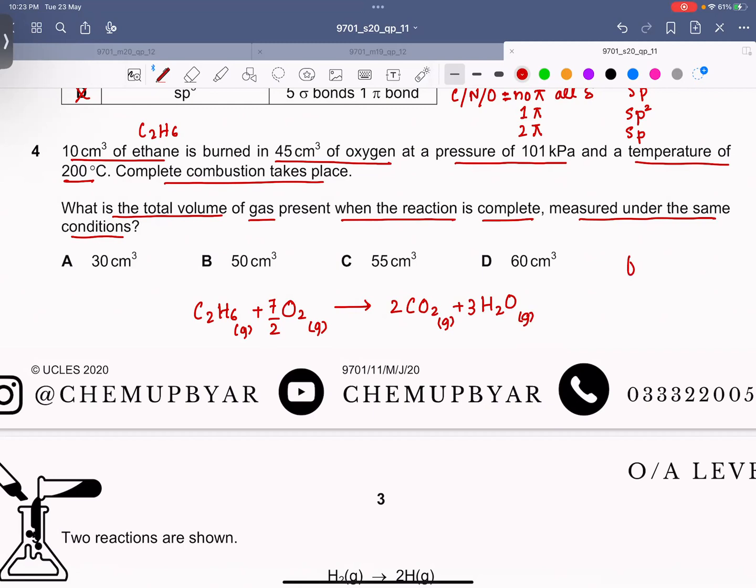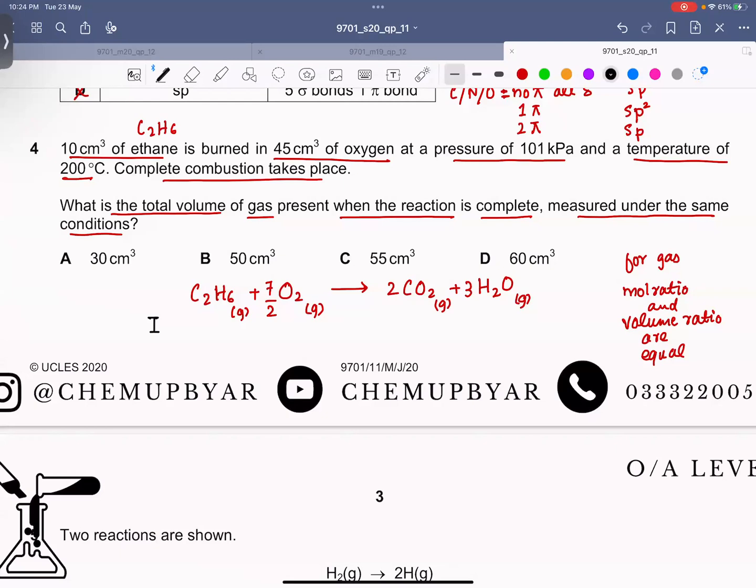So remember one thing, for gas, mole ratio and volume ratio are the same. So if the provided information is, let's talk about the initial stage. Okay. So at time 0, at initial,